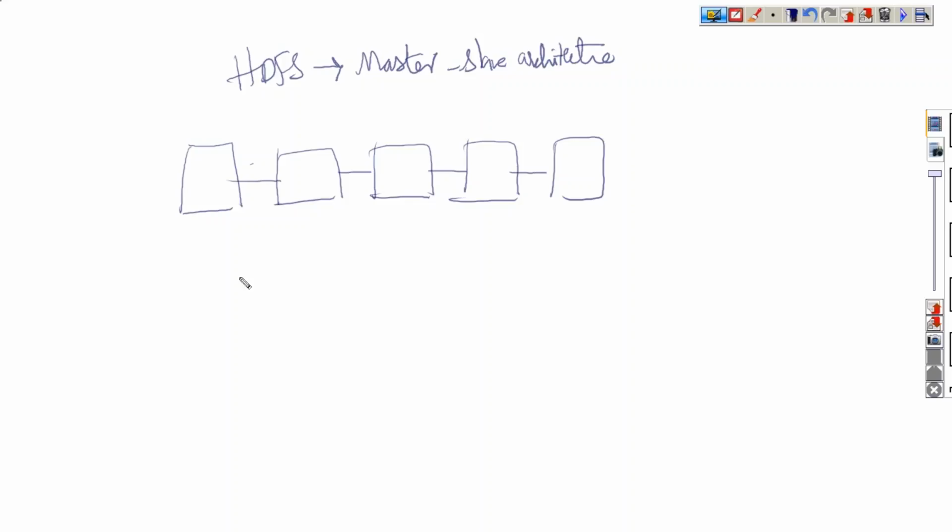Now look here, we have a team leader, team member 1, team member 2, team member 3, team member 4 and team member 5. Suppose a work comes, work 1.